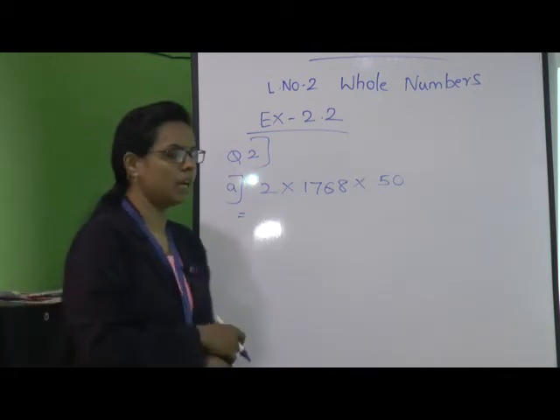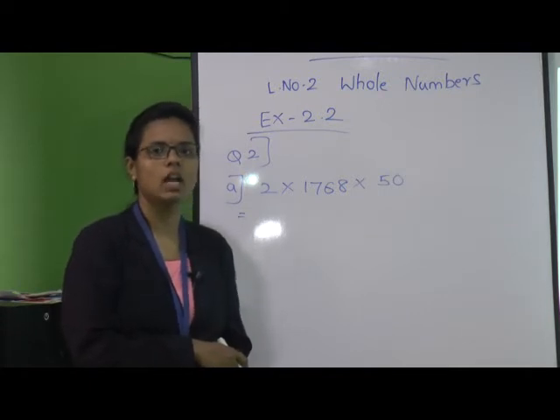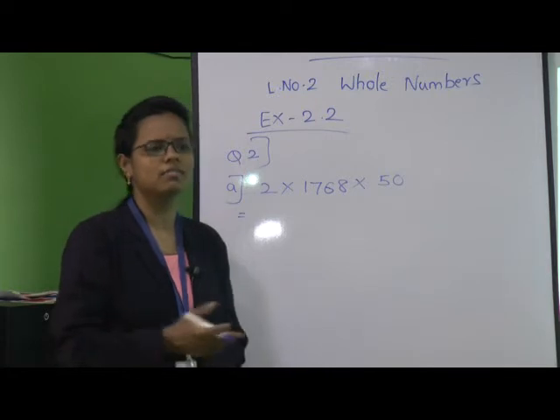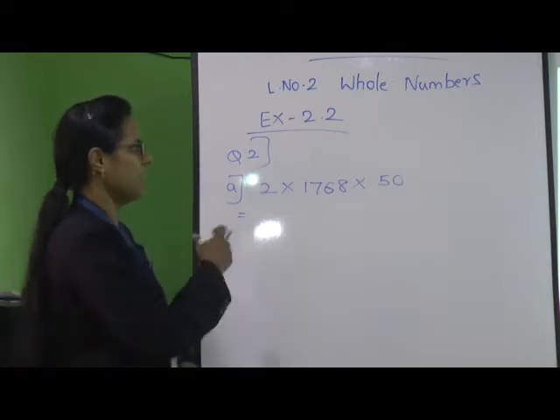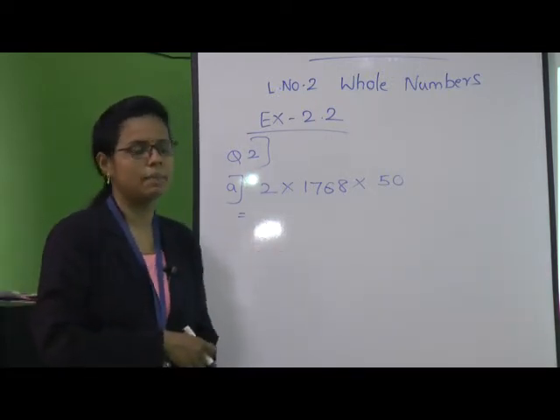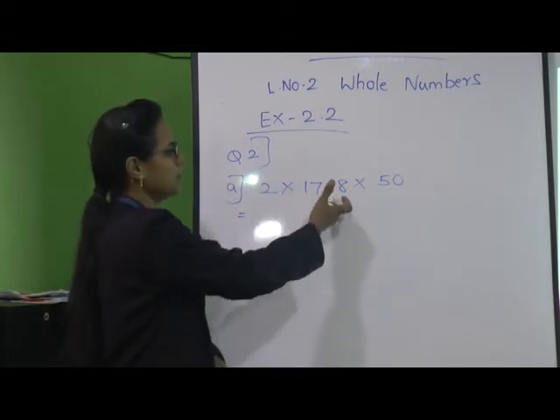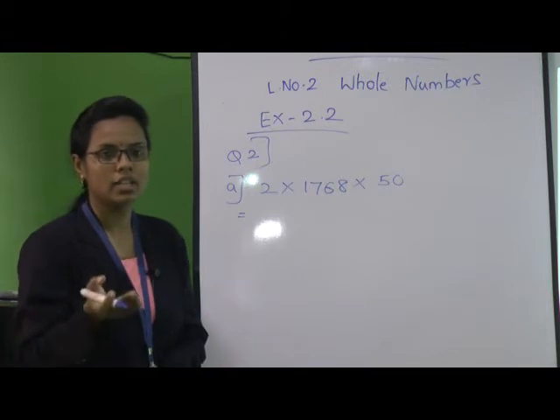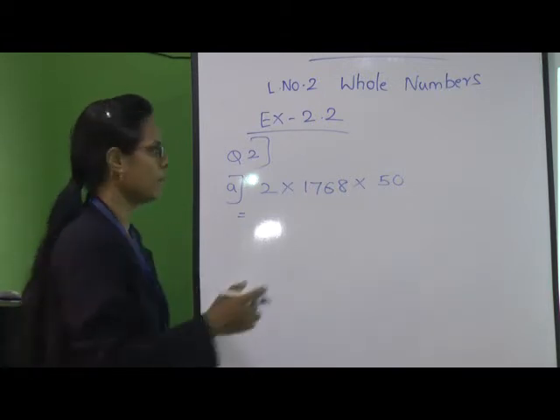Okay, 50 multiplied by 2, very good, but why? It's easy to multiply. Okay, good, that's right. See, we rearrange because it's easy to multiply, and when we multiply the same answer by this number, we get the answer easily. So we rearrange to get the answer easily. Let us see it.